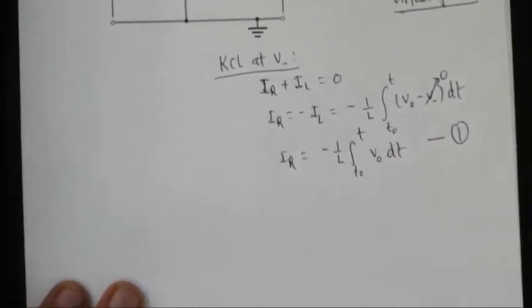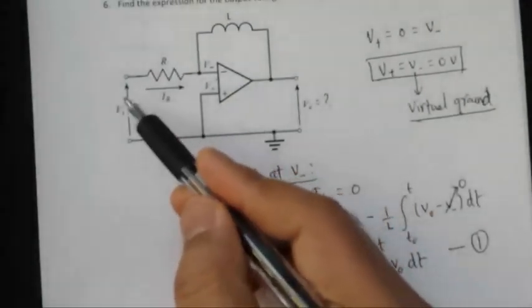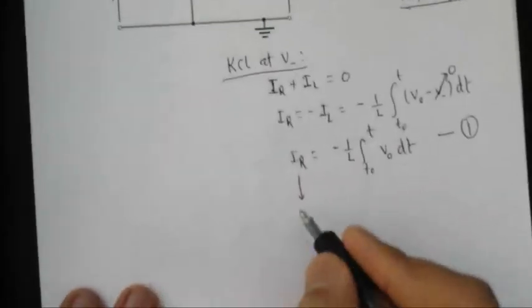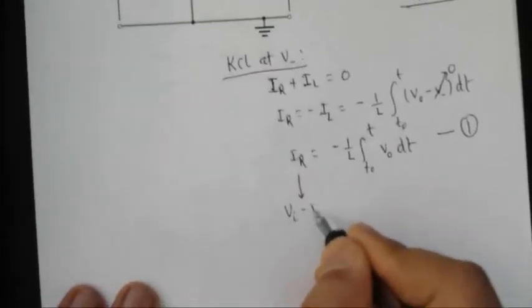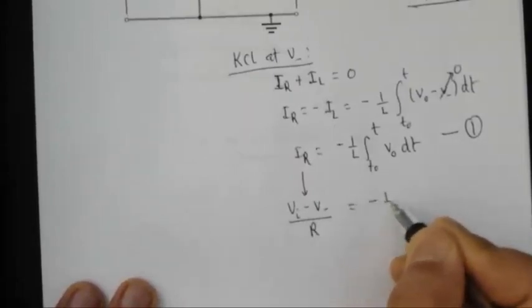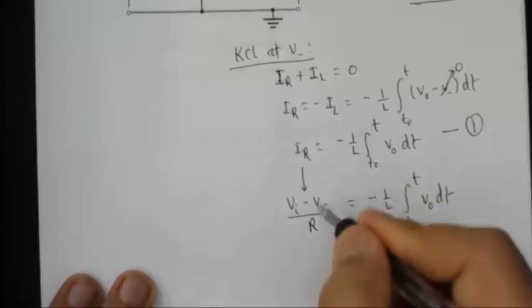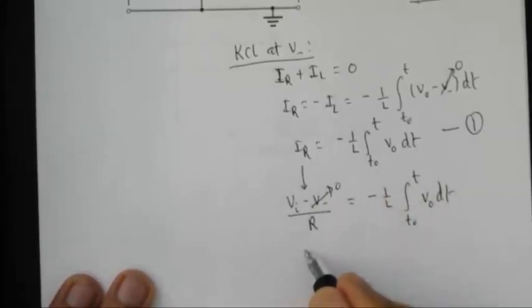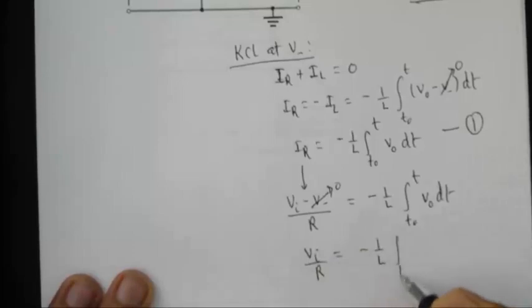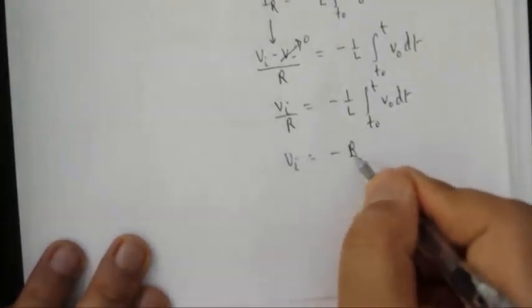Okay, but here IR from this configuration is just this voltage minus that voltage divided by R. So input voltage minus V negative, divided by R, is negative 1 over L integration of V output, and this is 0 again. So V input divided by R is negative 1 over L integral from T0 to T of V naught dt. A couple more steps. So V input is negative R over L,